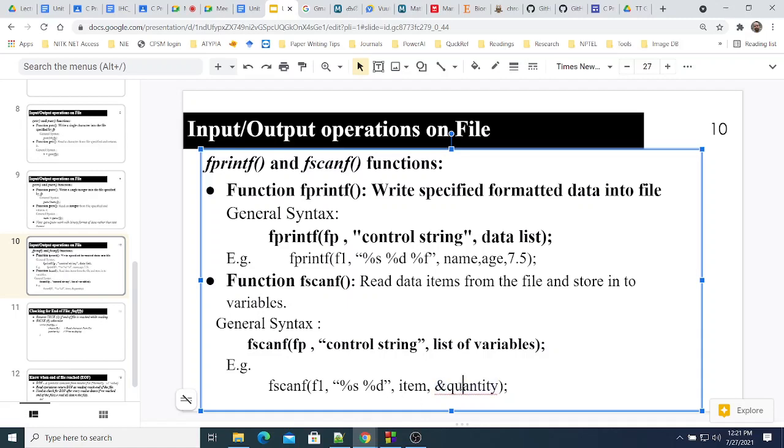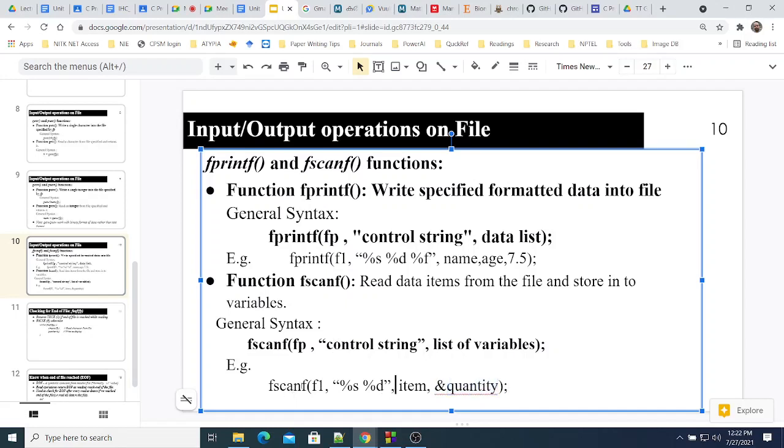When I taught the scanf function, somebody had asked why in printf it is not required, but in scanf it is required. Because we are calling by reference. If any change is made to the variable, I want to get it back in my calling function, so I pass the address. Now it is called by reference. The changes made to the formal parameter will be reflected back in the calling function in the actual parameter. So we are passing the address to the scanf function, but in printf we just want to get the data, so we directly use the variable name quantity. Okay,